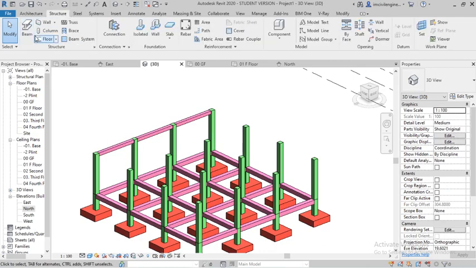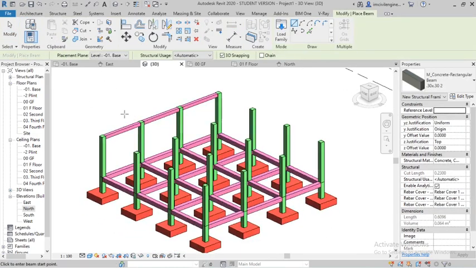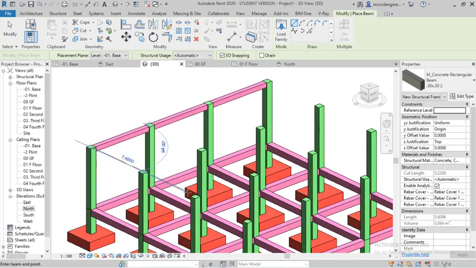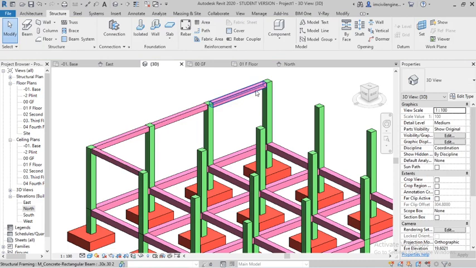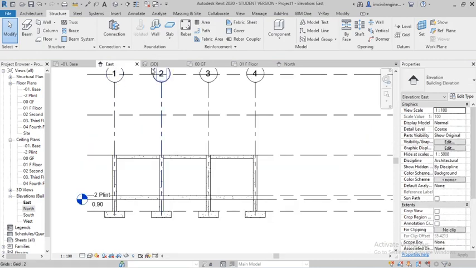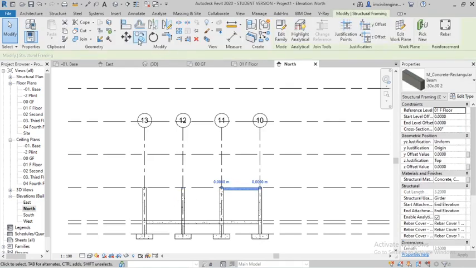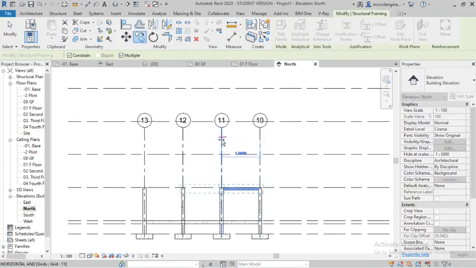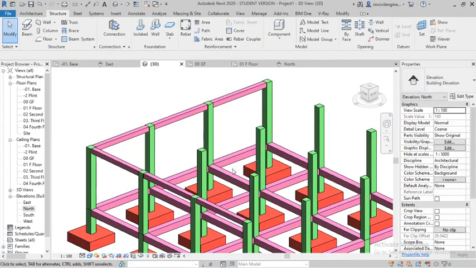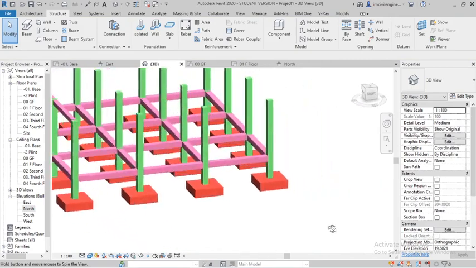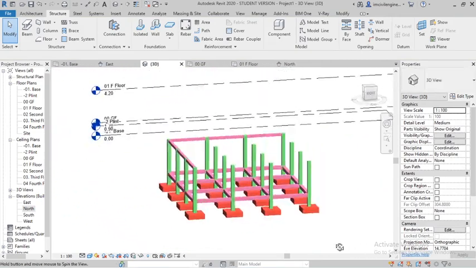Otherwise, you can draw the structural column beams, and you can draw the beams from here to here. You can see it is also the easiest way. And go to the east elevation or the north elevation. You can copy the same. Copy from here to here and here. Okay. Now you can go to 3D. You can see how the beams look.